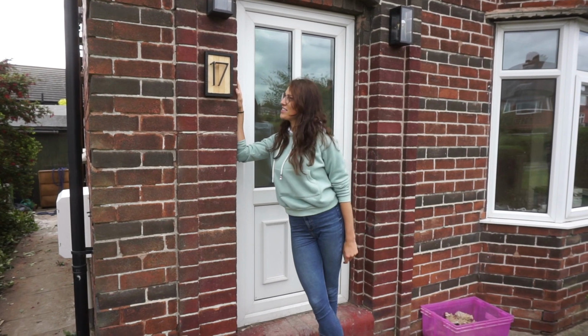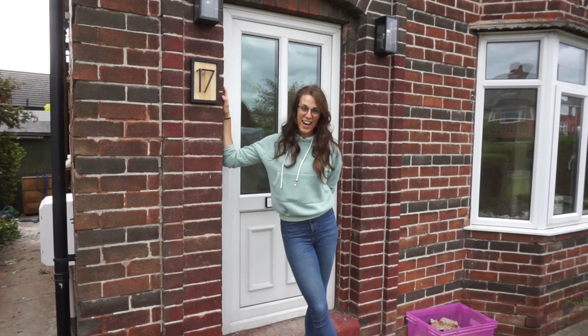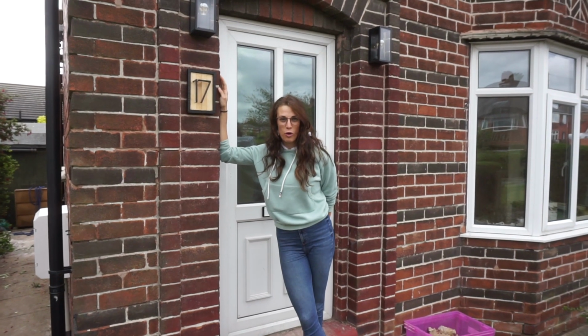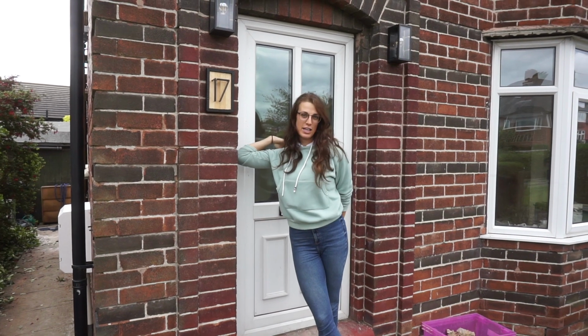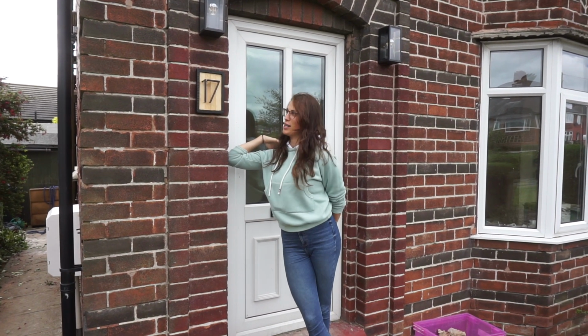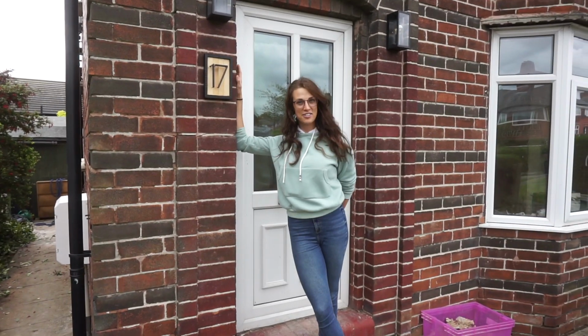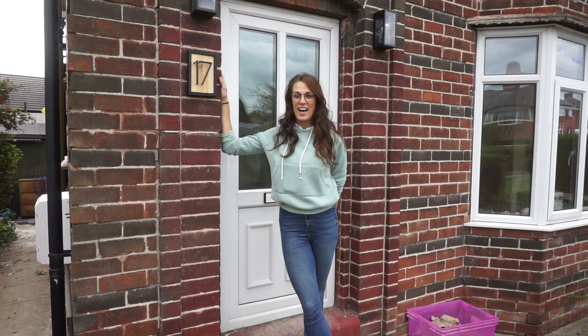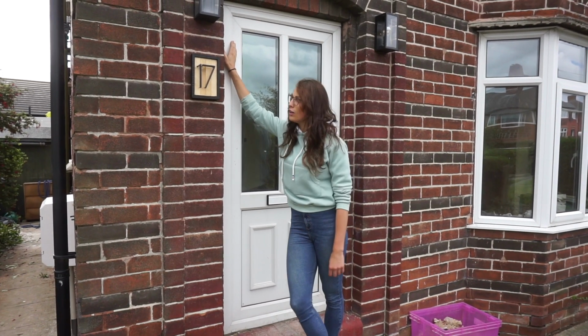First things first, house number. I lovingly made this. I watched something on Pinterest to tell me how to make this, and it took about a day of work, so it was a bit of a labour of love, but it's up and it's on, and I think it looks alright. I think it goes nicely, and when the door is sprayed and black, hopefully it will all work